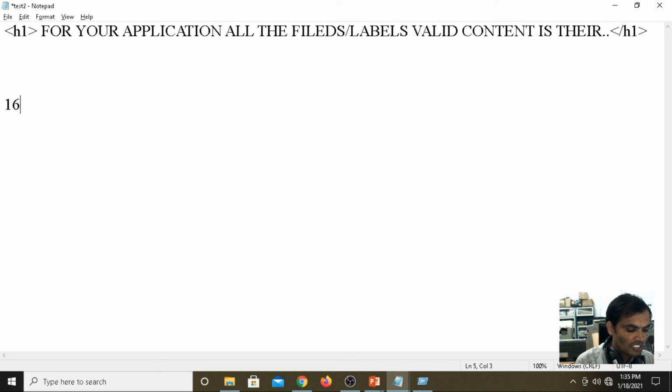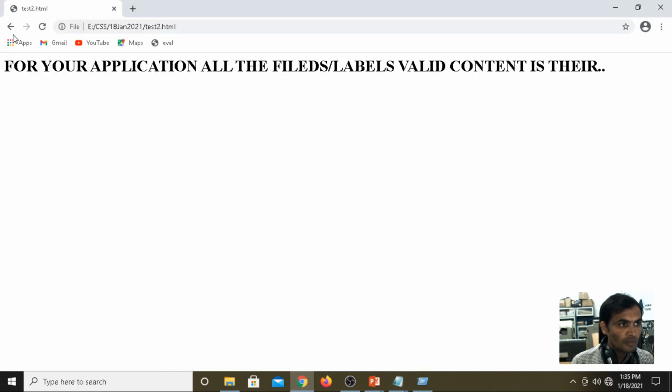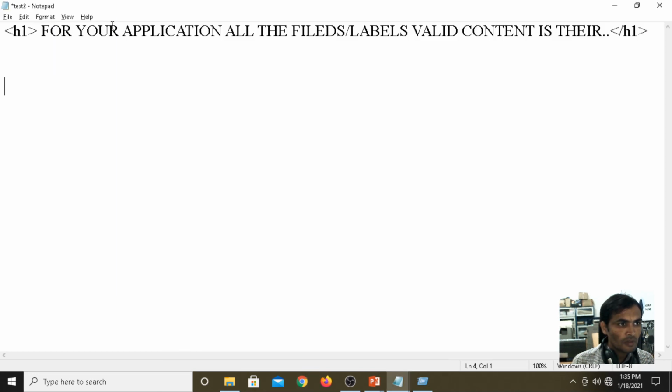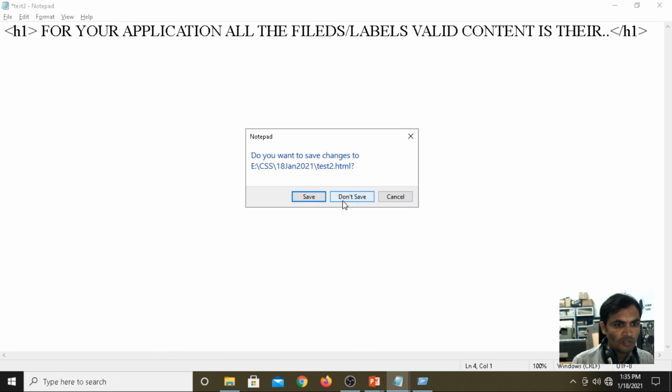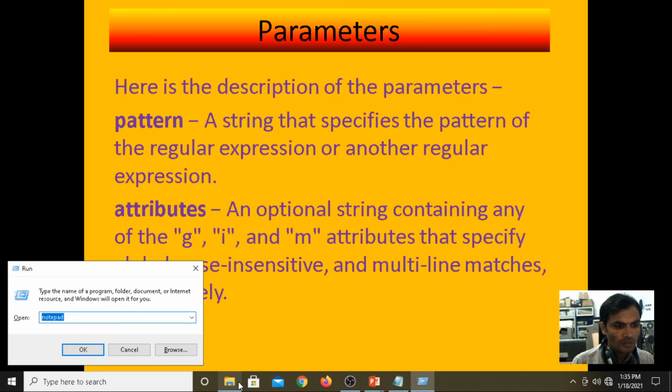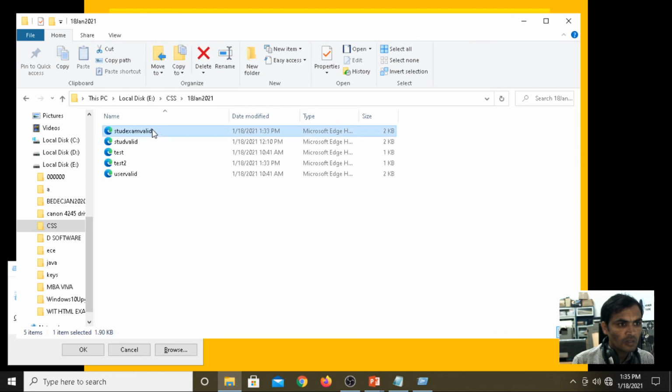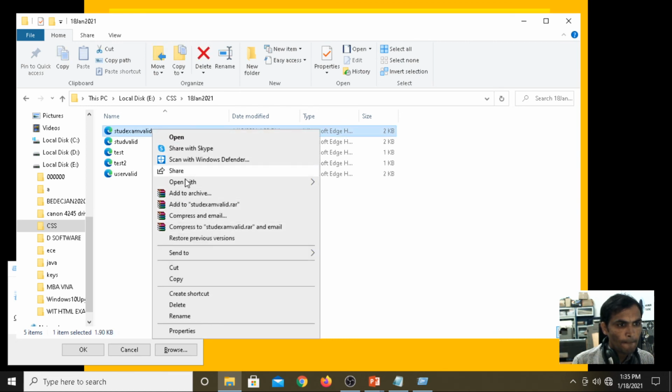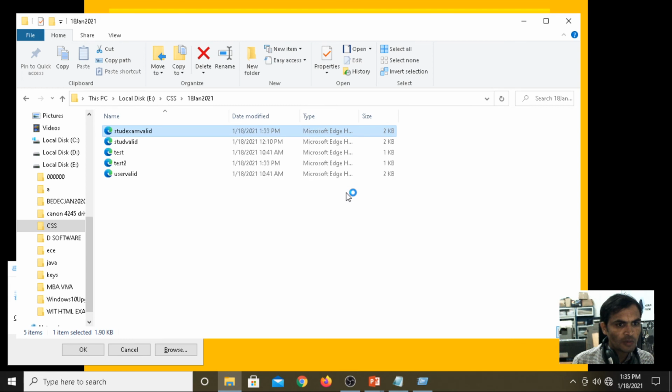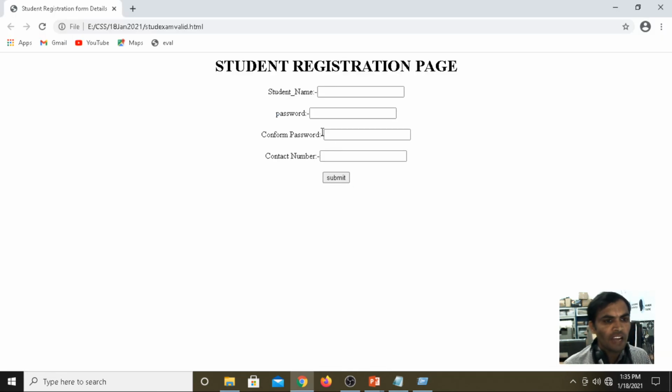For example, 1605. Just now we were designing the form. Under the form, for example, in place of a contact number, if you have the student roll number, 1605 is common for all students of the entire college, for all branches.